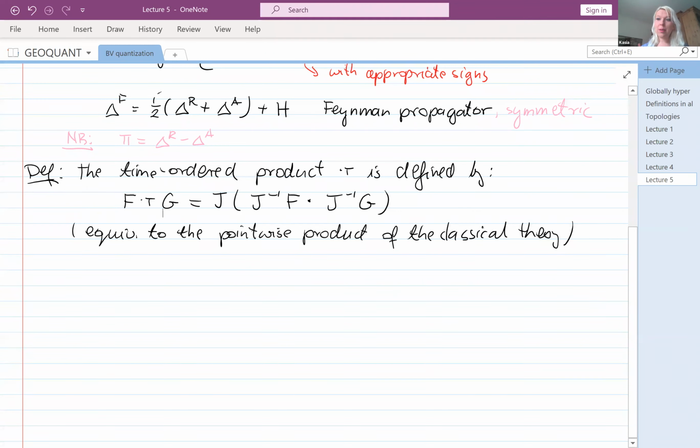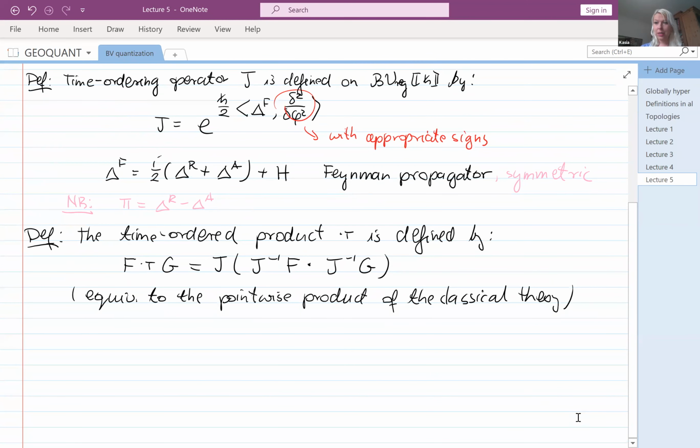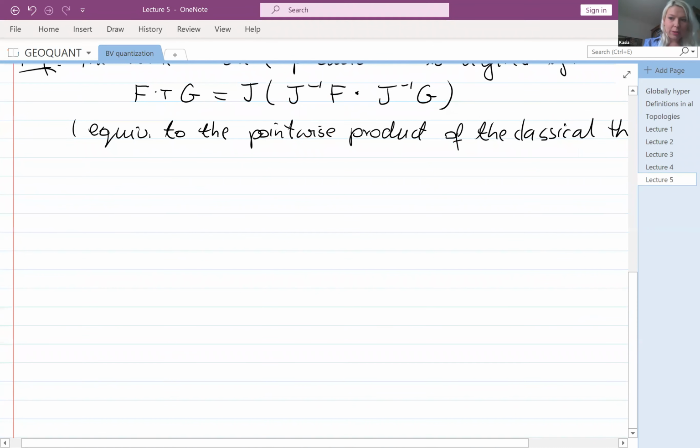Okay, so what is that time-ordered product? Well, if you studied a bit of quantum theory or heard about it before, then you probably know about path integrals. So this time ordering operator I defined here is actually related to path integrals. So formally,